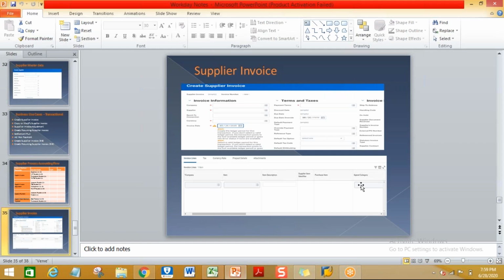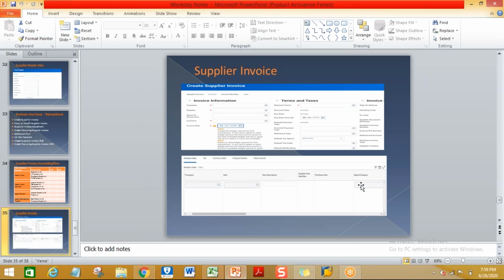accounting entry. So always you have to remember as a finance consultant, whether it's Workday or SAP or Oracle, anything, once you post the invoice, you have to check whether the accounting entries are updated correctly or not, especially in Workday. These are operational journals, like except the GL postings, all are operational postings.